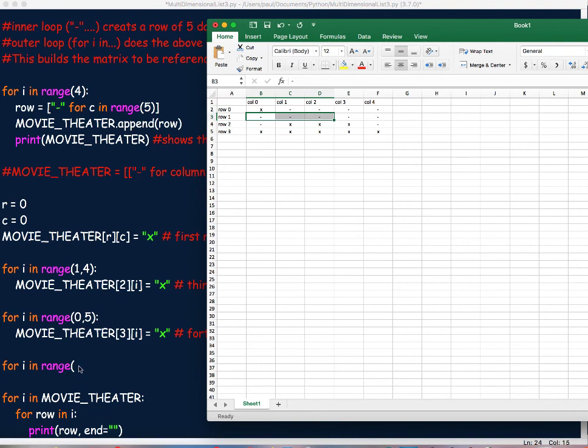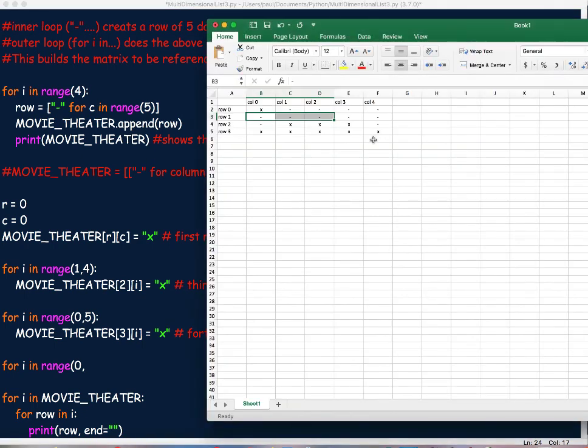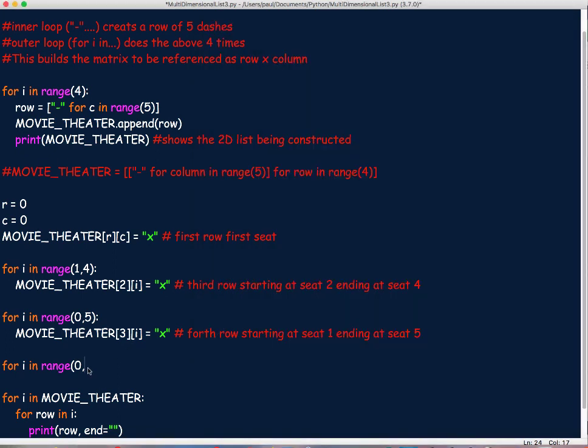So we're going to say, what is our range going to be? Well, technically, do we have to start with a 0? Well, no, because it's the beginning of the row, so we don't have to. So we could put that in or not. Let's go ahead and leave it out. Well, let's put it in there just to show. And we're going to stop at what? Well, we're going to stop at index value 0, 1, 2. So we need to make this a what? A 3. Yep. So we do that, and we're going to say, okay, movie